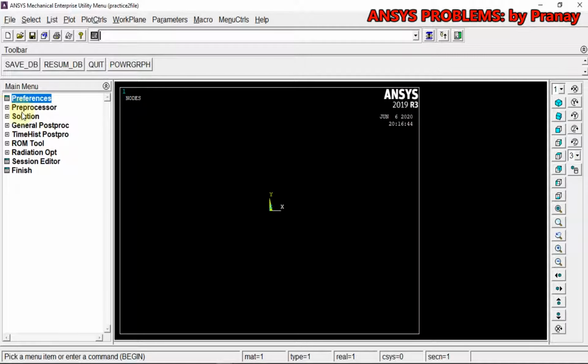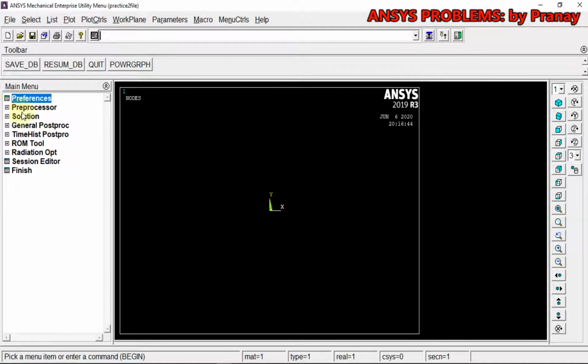Now the second thing is we have to define the properties of the material which is going to be used. This whole thing is made from a single material, so no problem there. We just have to define one material model, structural linear elastic isotropic, and our Young's modulus is given as 2E5, whereas the Poisson's ratio is 0.3.